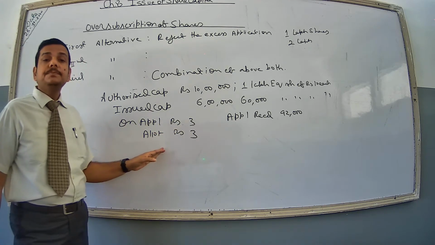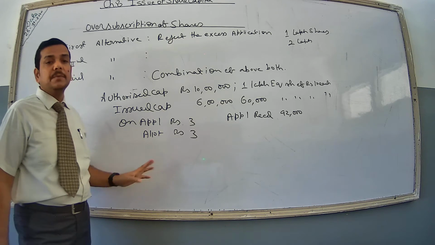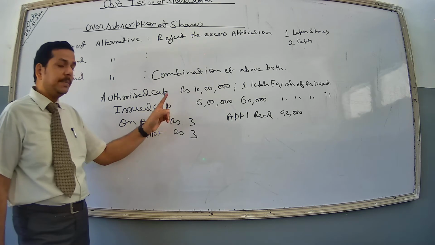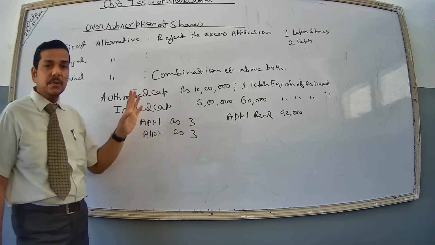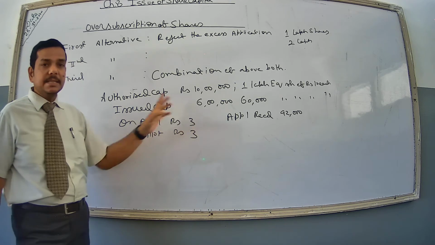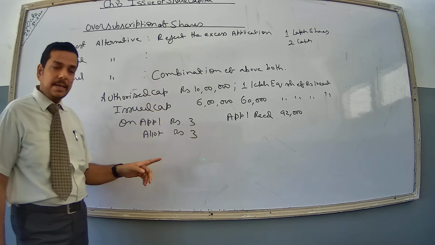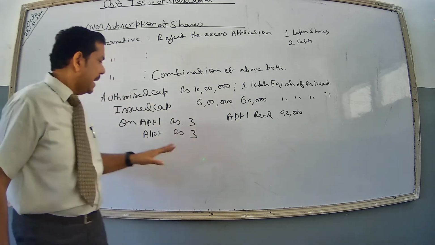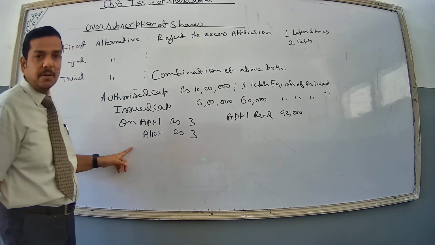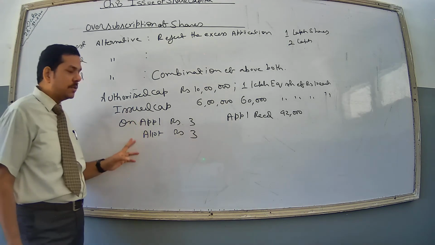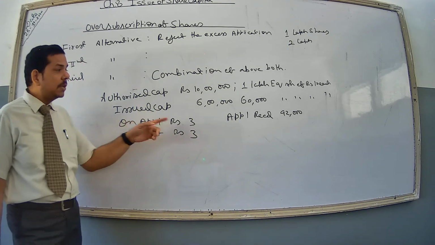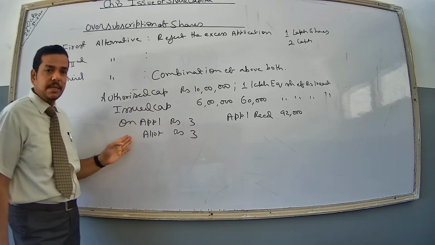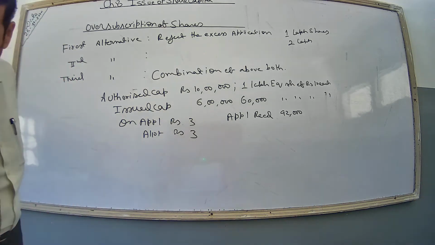But in order to have a pro rata allotment, we have to make one table, that is called the pro rata table. So I hope these working notes are clear. I am again repeating: authorized capital is 10 lakh, 1 lakh equity shares of 10 each. Issued capital is 6 lakh, 60,000 equity shares of 10 each. The company has issued 60,000 shares and applications are received for 92,000 shares. Application and allotment money is called, balance is not called, so we are going to make the entry for this time only. But in order to have a pro rata allotment, we have to make one table, so I am drawing it over here. You can see, and if you have any doubt, you can ask me.